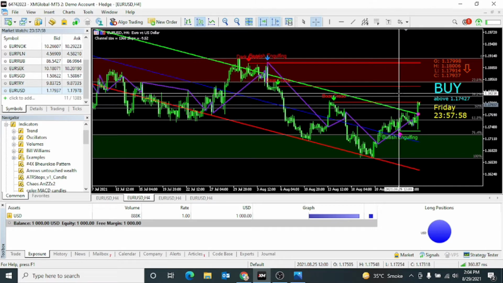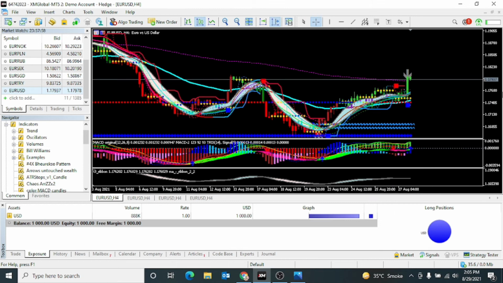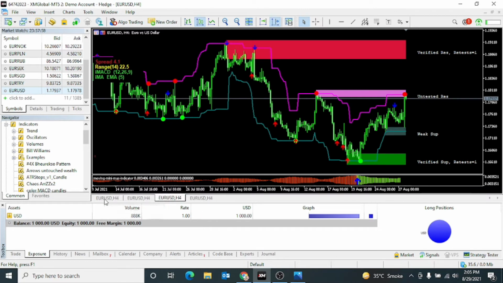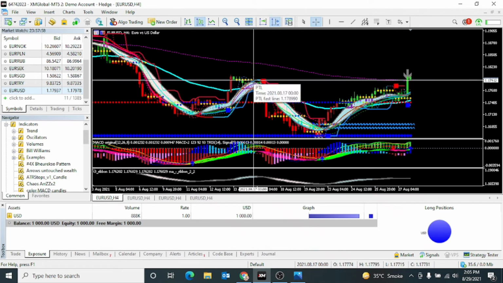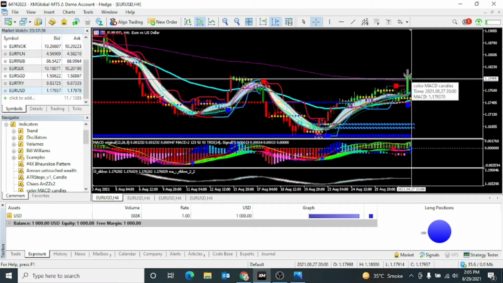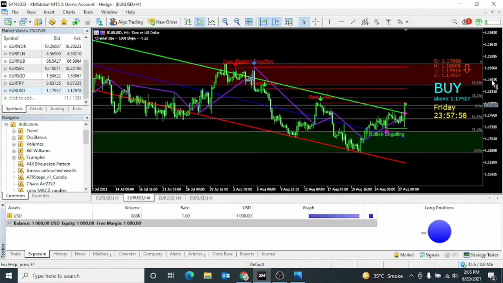I will tell you how you can trade manually. For example, I have attached 2 or 3 best indicators for Euro USD manual trading. First of all, with this indicator you can see this is the support and resistance level, and the market is now there, and you already received the sell signal. So this indicator has already given you the signal of sell.